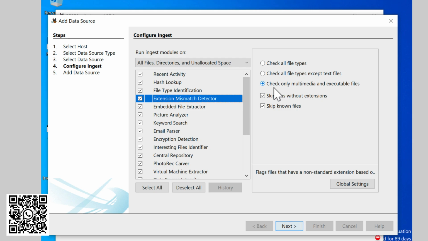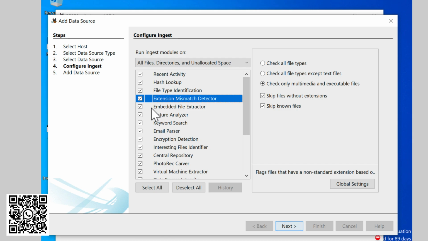The next module is called extension mismatch detector. Now let's consider if you have a text file inside which the hacker has some password. Now he has changed the extension from text to MOV. Now once you open the MOV or MP4 file, you will get an error, because obviously the extension has been changed and the original file was a text file.